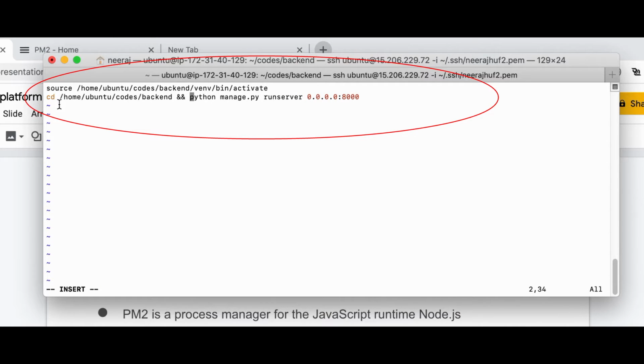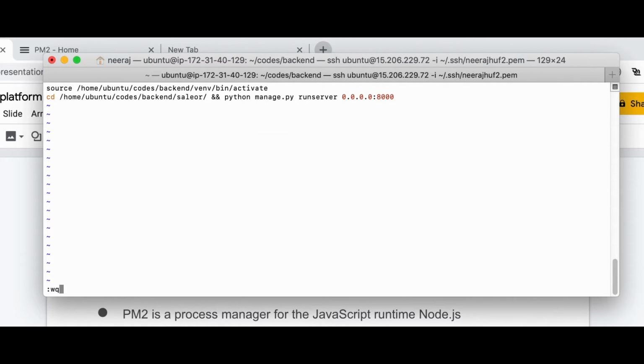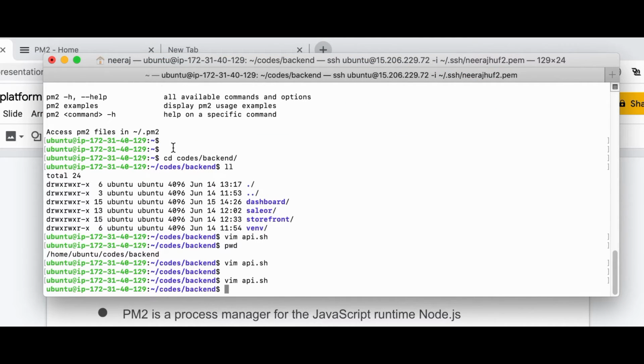Just to make sure, I cd to the project, to my Saleor Core, and then I'll run this command. I'm creating a new file for running my storefront.